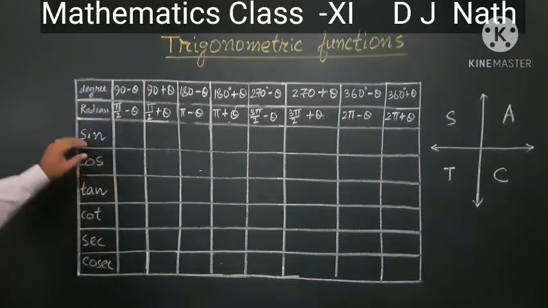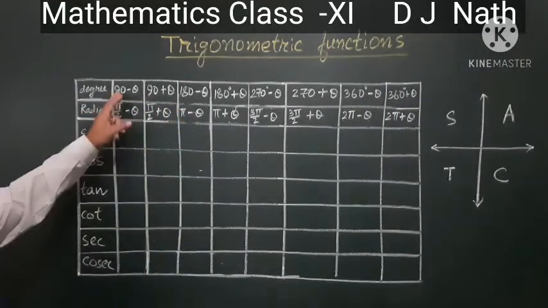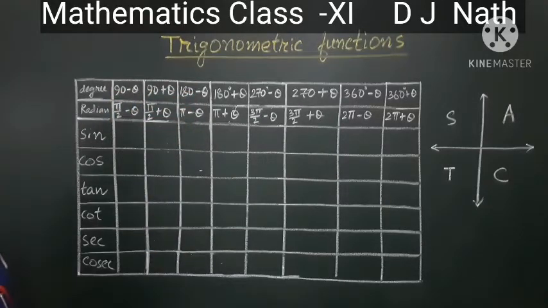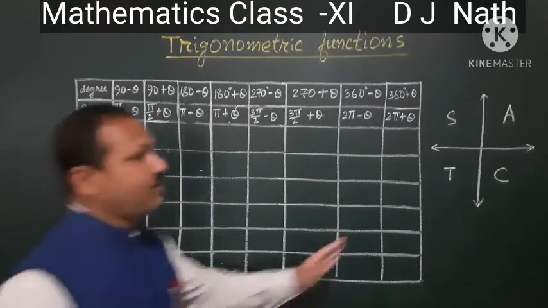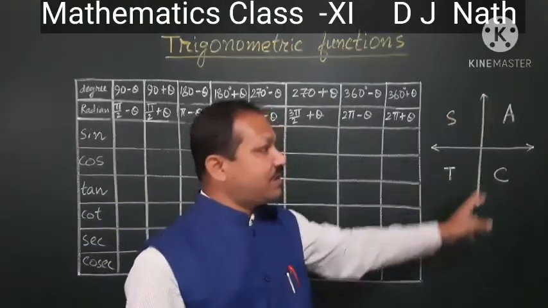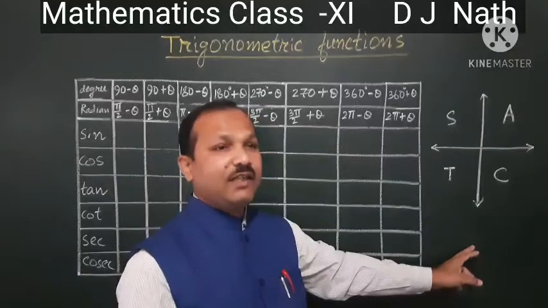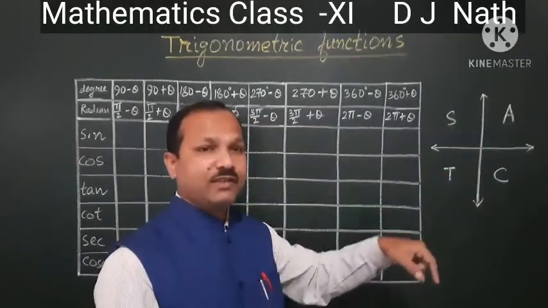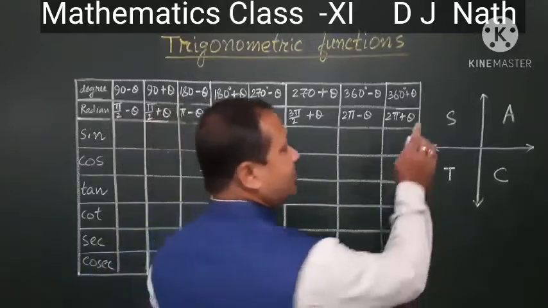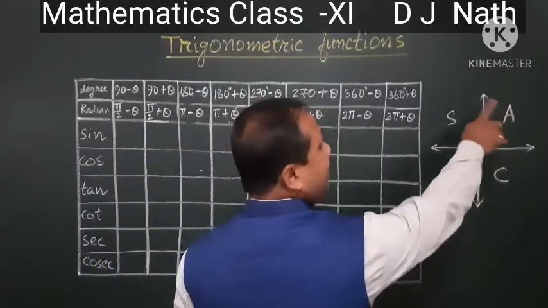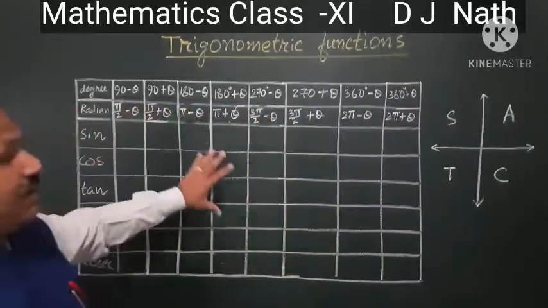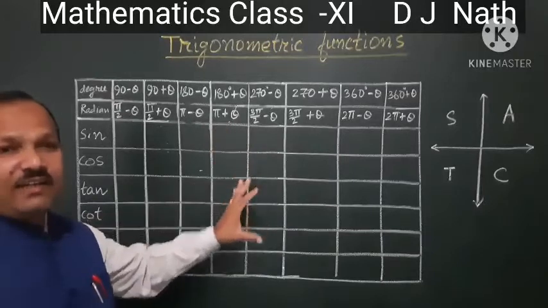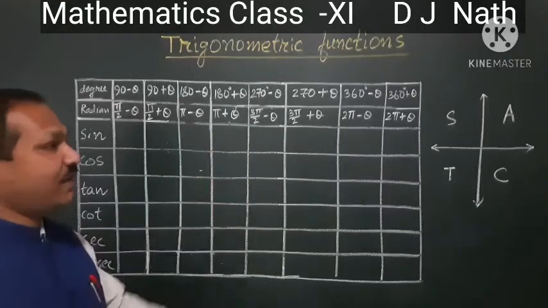Now, what changes will happen if we use this kind of complementary or supplementary things? I have told already, when you use this line, then sin will change into its complementary, meaning cos. Alright? So what will happen? We should remember that here this ASTC will be used to decide its sign. What will be the sign of that?